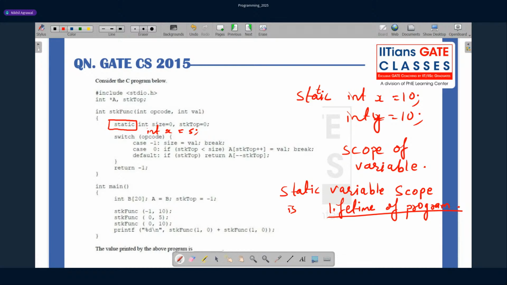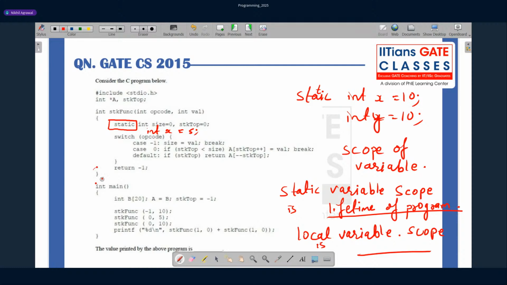And the local variable, without static, its scope is the function definition. Say if integer x is equal to 5 I've written, its scope is till the curly braces of this function definition.